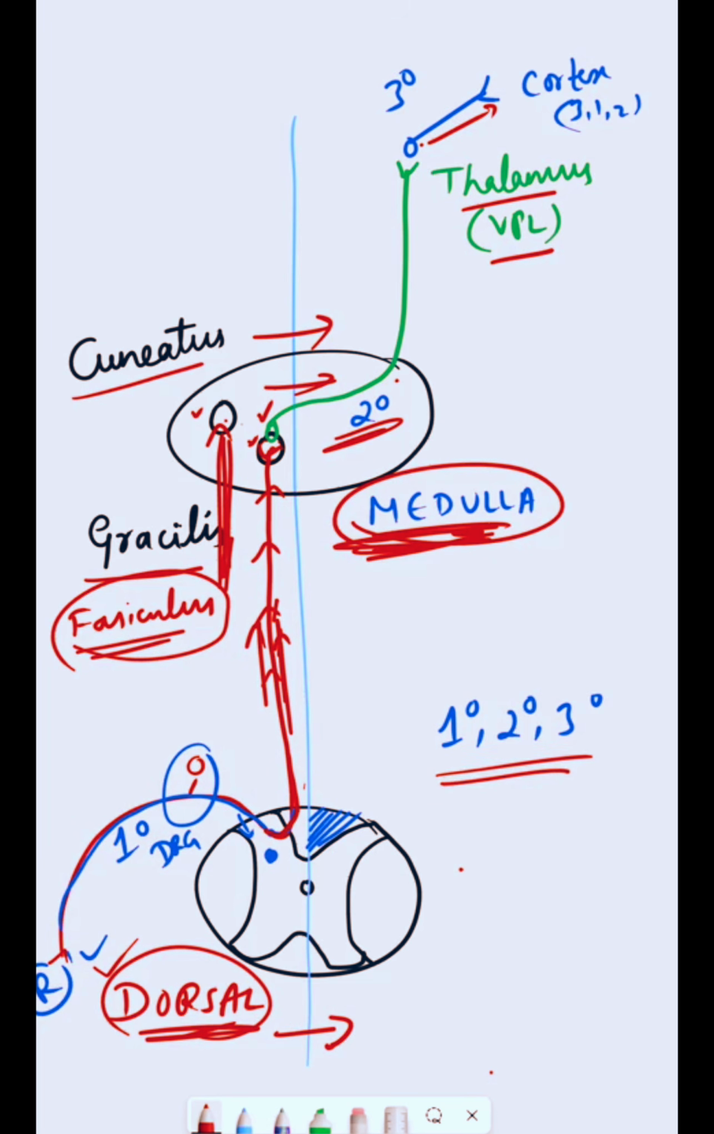Hope you have understood the dorsal column. Again, we have 3 neurons. It is the second order neuron which always crosses to